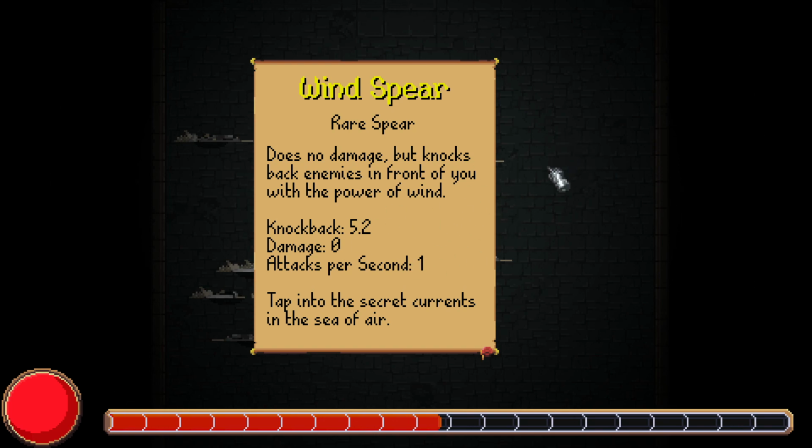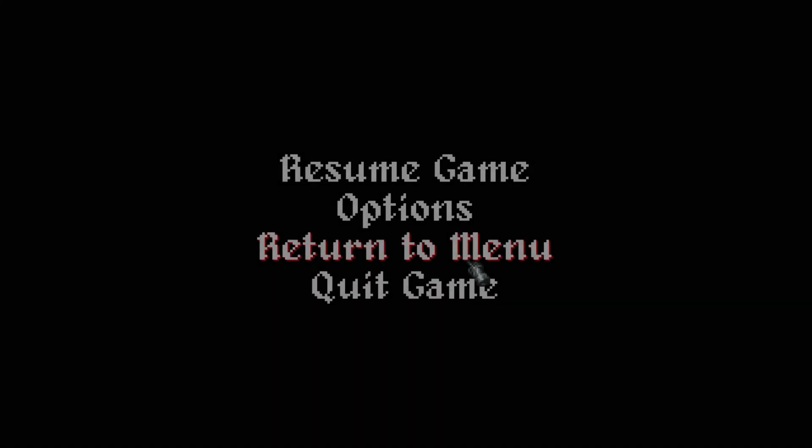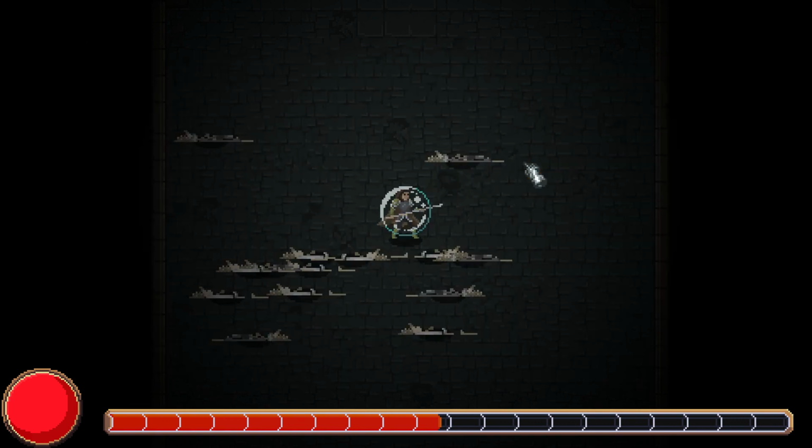Okay, this is a bit of a bug. I don't know how I managed to get that to stay, something about hitting escape, maybe. Wait, okay, I have an idea. Escape, resume game. I don't know how I got that to stay there, but